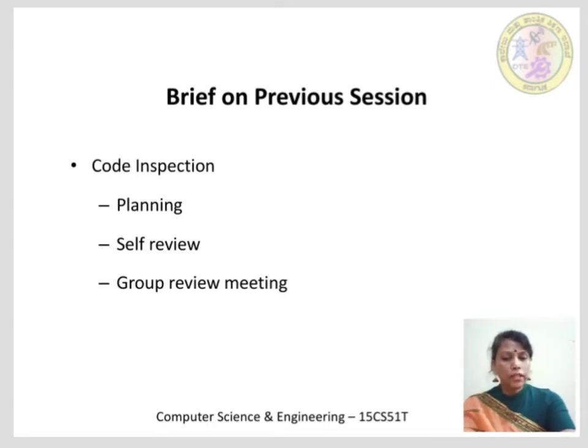In this meeting, a team member or reader goes over the code line by line and paraphrases each line to the team. At any line, if any reviewer has any issue, then they can raise the issue. There could be a discussion on the issue raised. The author accepts the issue as a defect or clarifies why it is not a defect.